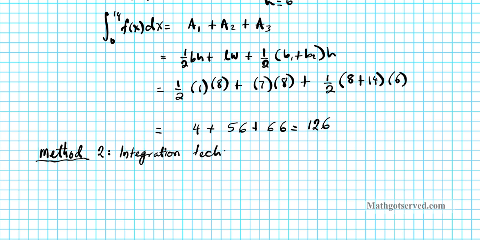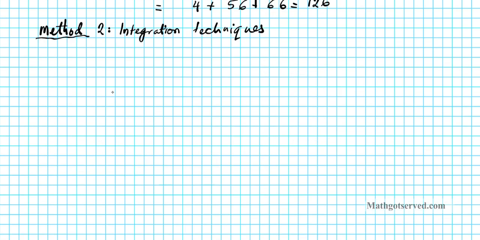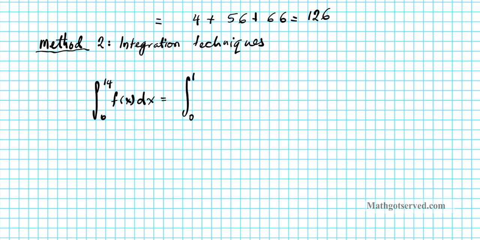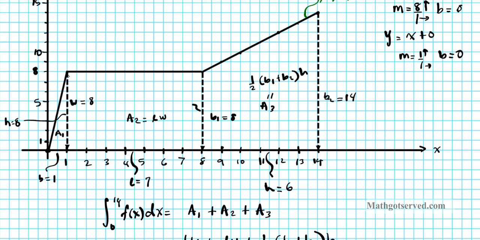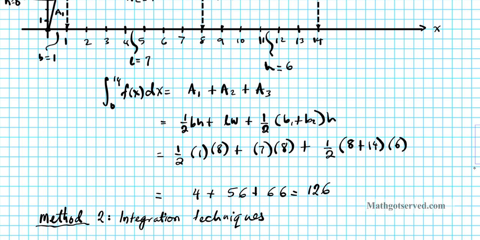So it looks like we're simply going to be using the power rule repeatedly and the constant rule once. So the integral from 0 to 14 of f of x dx, we're just going to break down the function into the respective regions. So for region 1, we're going to be integrating from 0 to 1. What function exists in region 1? This piece right here is 8x, right? So the first function is going to be 8x